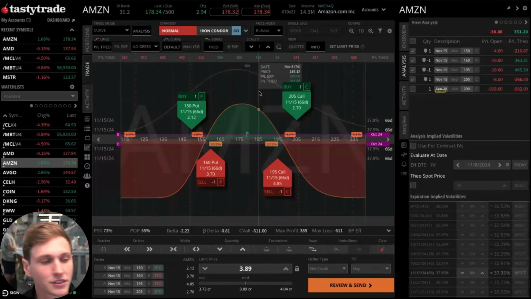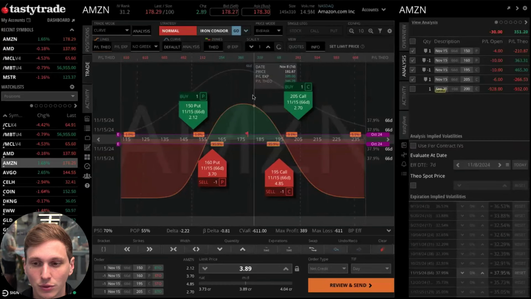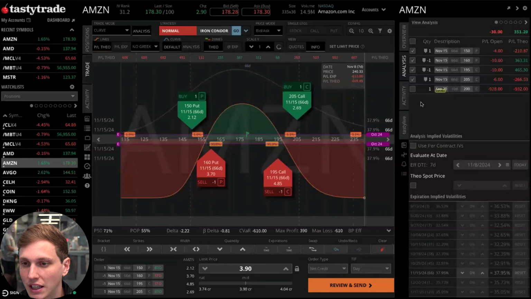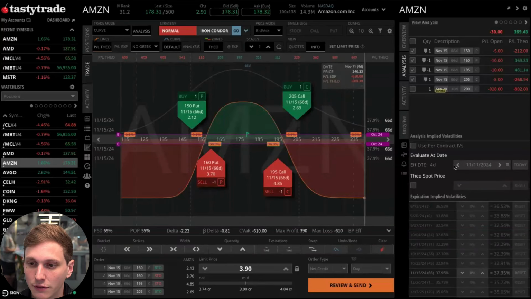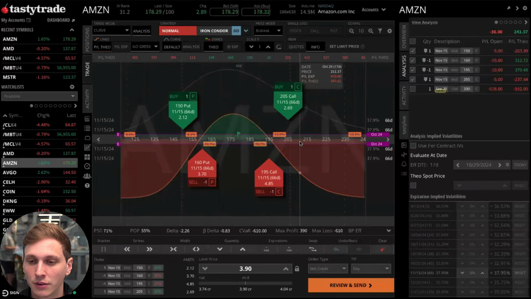And then I see someone asking, how do I look at a trade as it stands now? I'll cover that in just a second here. Just wanted to show off the theoreticals. But now that we have our date set up that we want to view this at, or maybe playing around with the dates to see how time decay is playing in our favor for this trade,